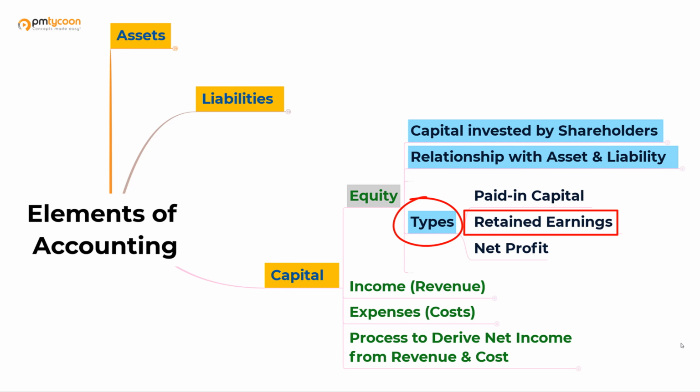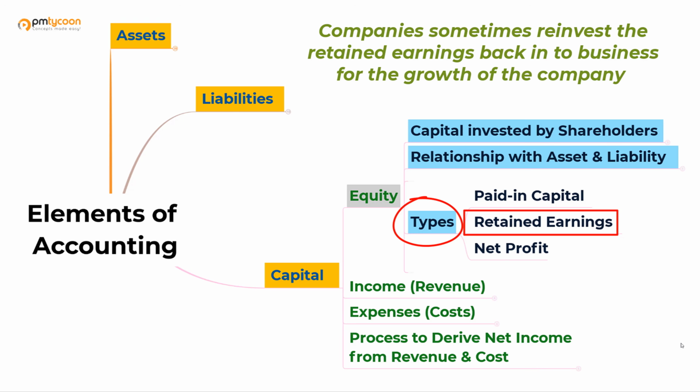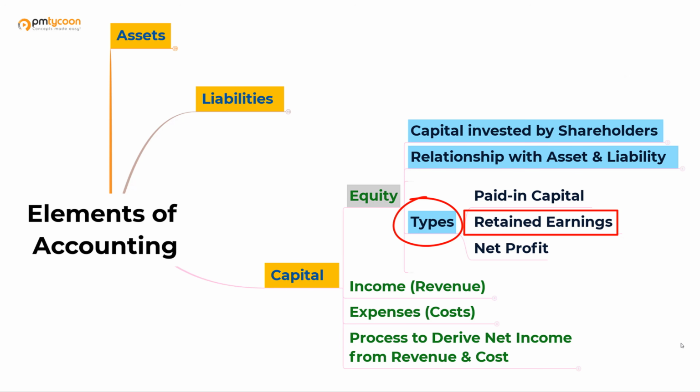First of all, it is at the discretion of the company whether to give out dividends or not. And secondly, it could be because the company may think that they need the profits they've earned to reinvest back into the company on behalf of shareholders, and it will further help the company to grow. So that is the reason sometimes companies do not pay out dividends even if they are making profits.